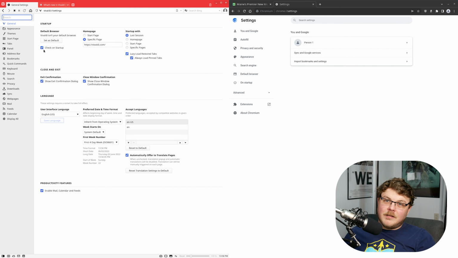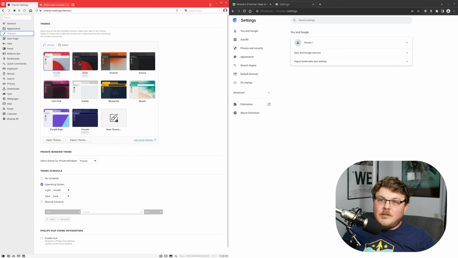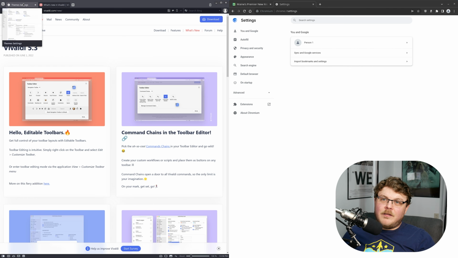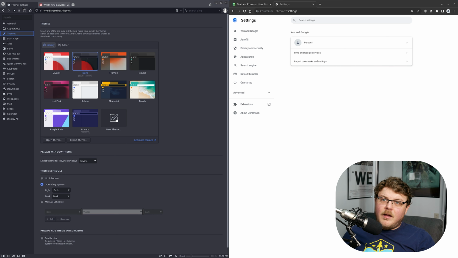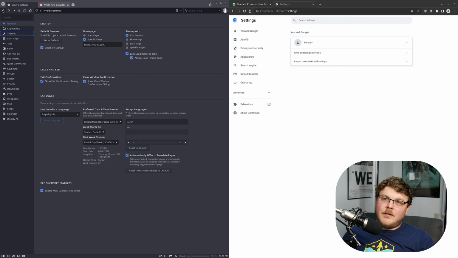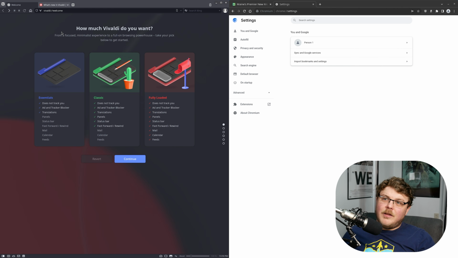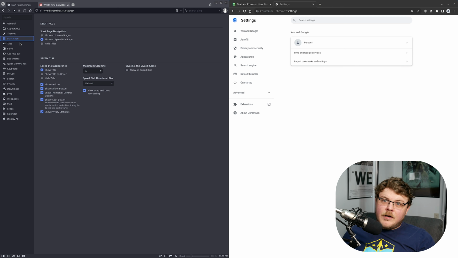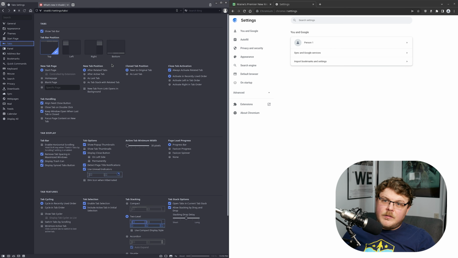I mean, oh wow, so we have all these settings. See, there's even more settings here. Themes, dark theme. Okay, so this doesn't pick up on a dark theme. That's all right. If we go back, does this pick up on a dark theme? It does. That's better than Brave right there. That's pretty cool. Start page, tabs,